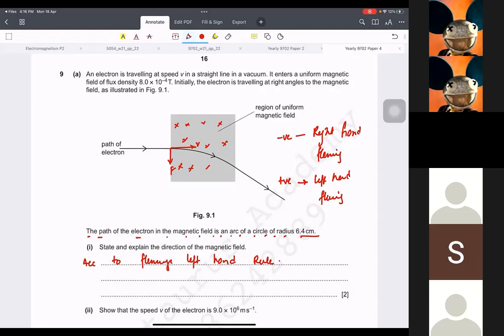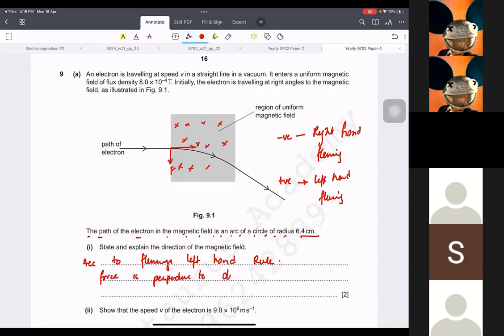For the left, your answer will be out of the plane, but that is only true for positive, so you switch the direction. If your left is showing you out, in reality for an electron it will be into the page, like that, right? So according to the left-hand rule,